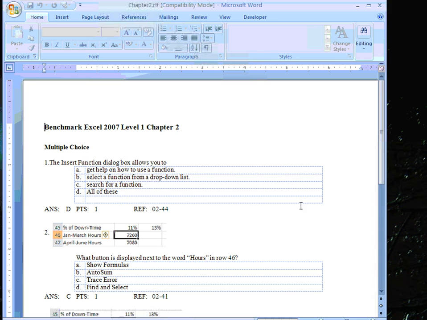Okay, this is a video on how to take an RTF file and extract questions from it and import them into ExamView, and then take those ExamView questions and put them up into Angel. So in order to do this, we have to download an RTF file from a book publisher's website or wherever, and we'll go ahead and open that up, and we should have something similar